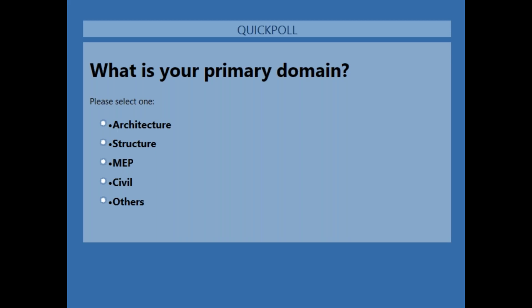Okay, I see lots of architecture, that's good to know. Please just quickly select one and let's get this done quickly.